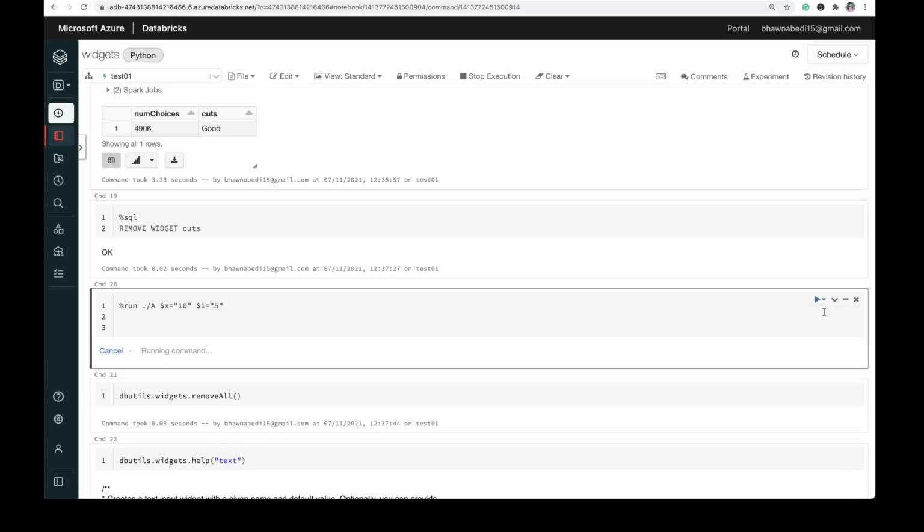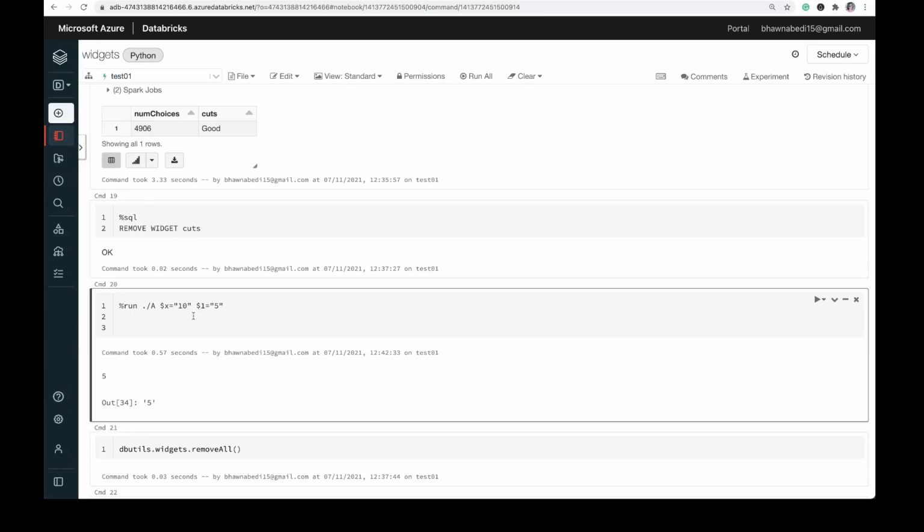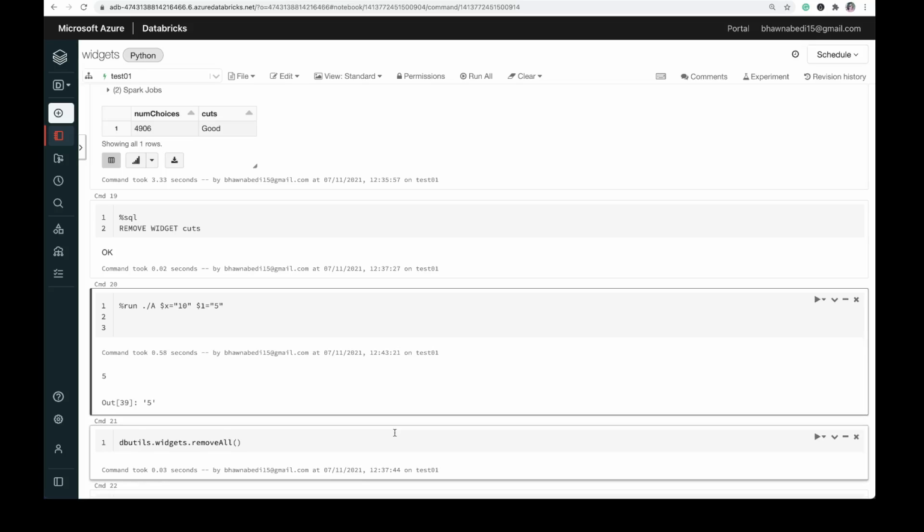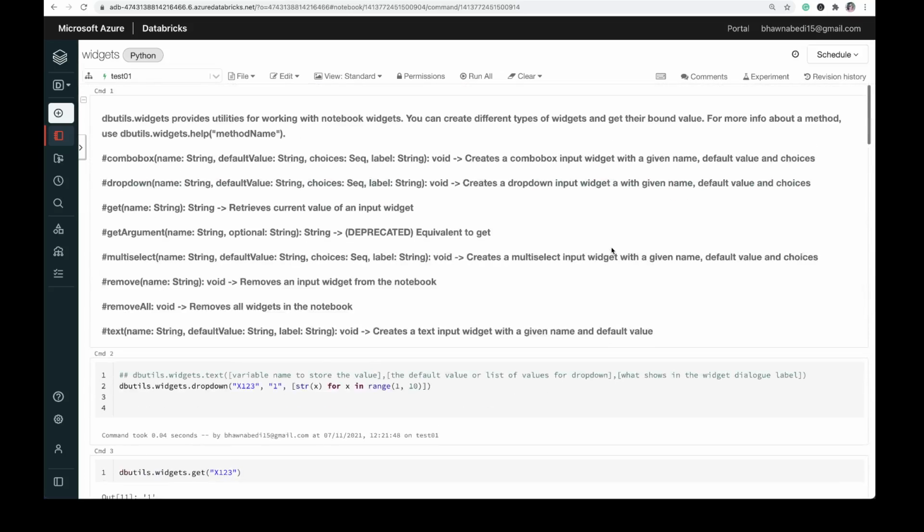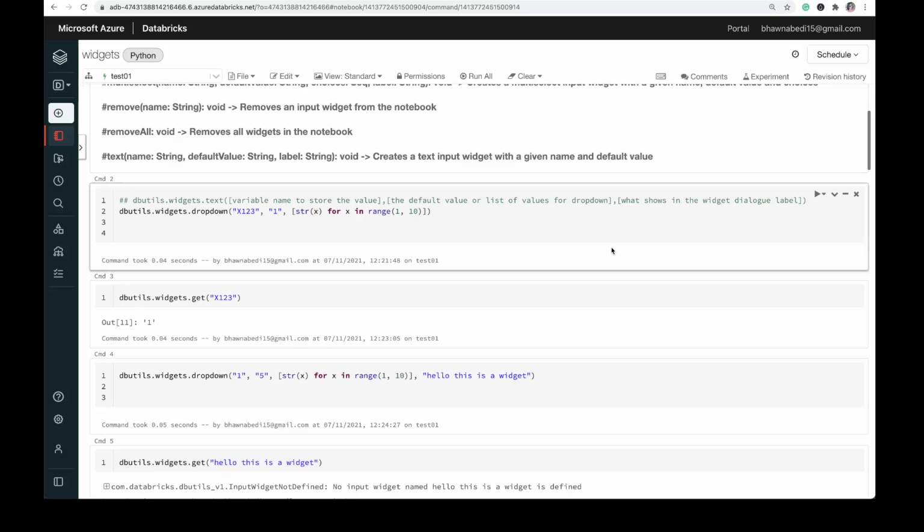Now what will happen is it will run the same notebook, but it will run it with these values. And now you can see that it has taken exactly these values. So guys, this is how you can run some other notebook from the same notebook, and then define your parameters based on your choice. So this is also one way. And can you have different types of widgets in the same notebook? Yes, definitely you can. In fact, we did it right now. And in case you want to use it through another notebook, that also I have shown you.